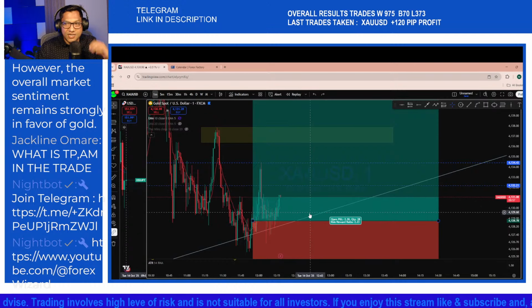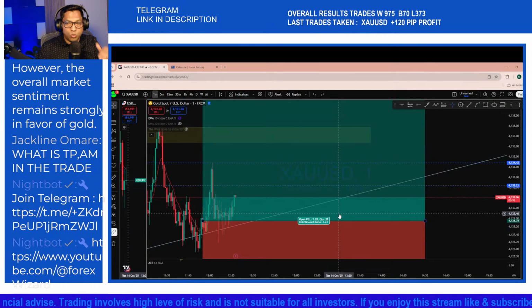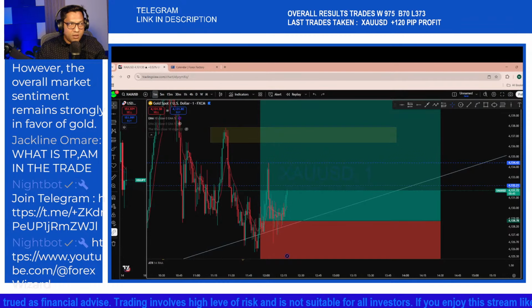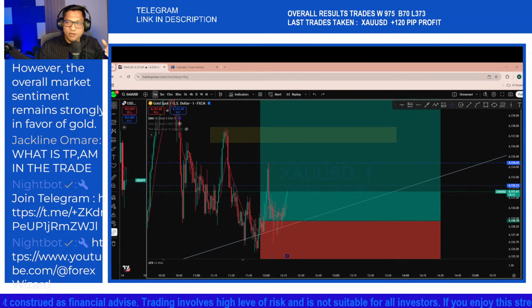Are you guys excited? Now we see that it's breaking above again, which is what we are expecting with the breakout. Because the 4 hour is bullish, the market may shoot straight back to the upside. How many of you are with this trade? I would like to see here in the live chat.